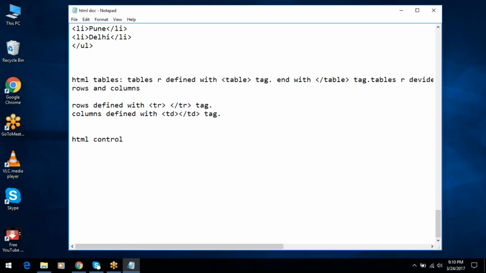HTML controls. HTML controls are button and text box, file upload control, and next radio button and the checkbox, list box, checkbox list, radio button list, text area. Okay, so these are the controls available in